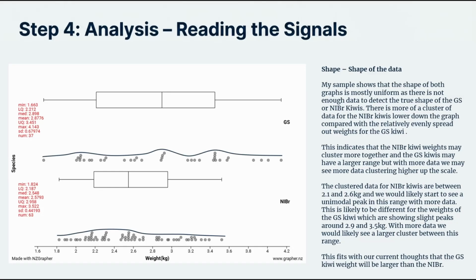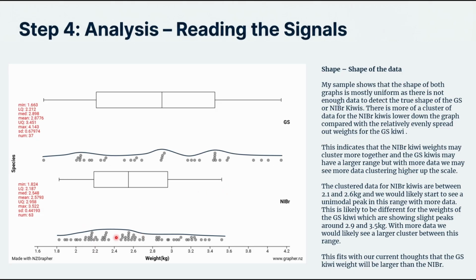To look at the shape of the data, following the PEEL framework, we can have a look at what we see. We can see that there are a few little mounds, but mostly our data is relatively flat for the great spotted kiwi. We can also see that there is a clustered mound for the North Island brown, but it is